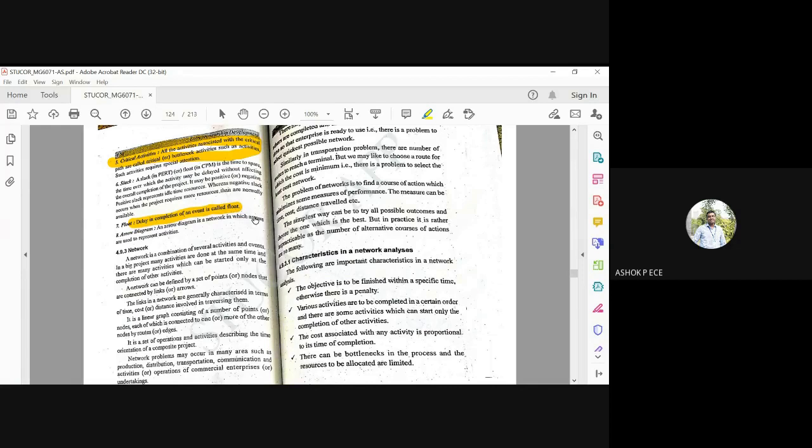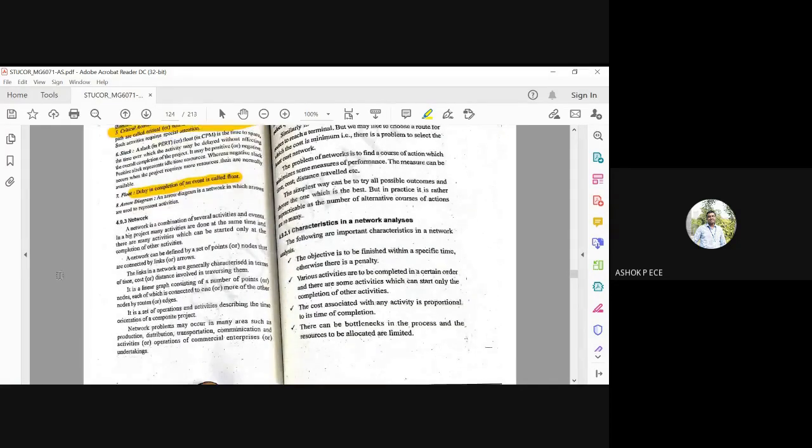Arrow diagram represents a network which has arrows used to represent activities. A network can be a combination of several activities and events. In a big project, many activities are done at the same time. Many activities can be started only at the end of other activities. Only when some activities end, some other activities can be started. The network can be defined by a set of points or nodes that are connected by